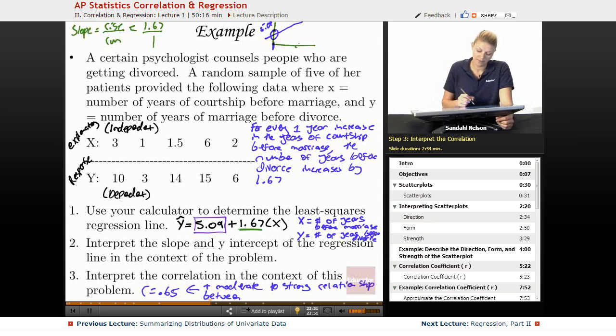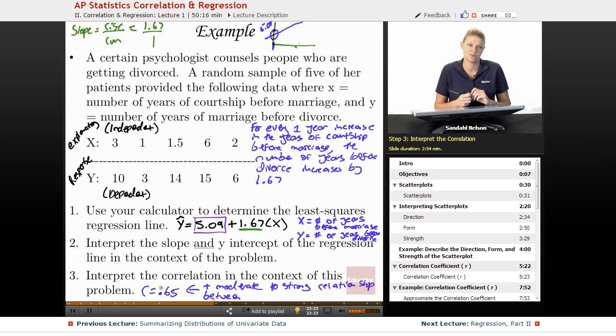So I just want to point out one thing. This was 0.65, and it's like, well, what's the cutoff between moderate and strong? Well, it really depends on the subject. If you were doing a physics experiment and you got an R of 0.65, that would be a really low correlation coefficient, because things like physics and dynamics are going to be really well correlated. But human nature isn't that precise. So for things like years of courtship and marriage and anything that has to do with psychology, 0.65 is actually a